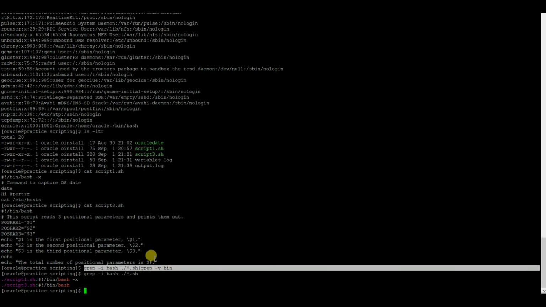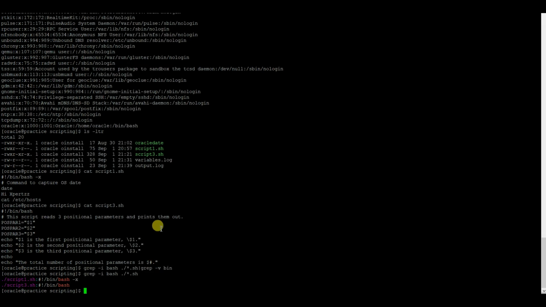Now if you want to grep from a file with lines starting with a regular expression, how will we need to do it? grep with caret, this is the caret, so lines starting with root, I need to see that only. How will you do it?